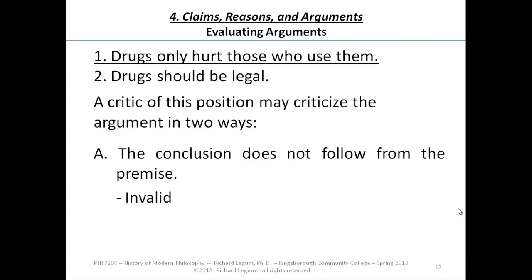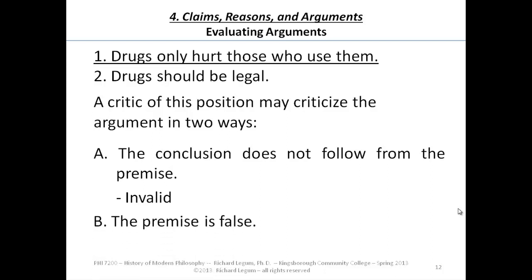Or flipping it the other way, if that's a good part of the argument, you would say the argument is valid. In this class, valid or invalid can only be used for the connection between premises and conclusions. Valid in English has a much wider use, but in the realm of philosophy, valid becomes a technical term in logic, referring to the logical connection between premise and conclusion.